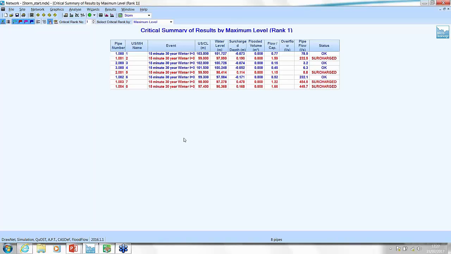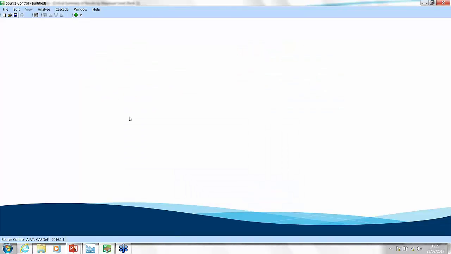What I'm going to do now is move on and design that flow control that controls the discharge into the water system. Now to do that, we have a separate utility called source control. It's perhaps one of our simpler modules. I would say it's one of the most useful as well though. And the idea is that the limitation of discharge into a watercourse, you might simply be told what that is by, say, the water company,